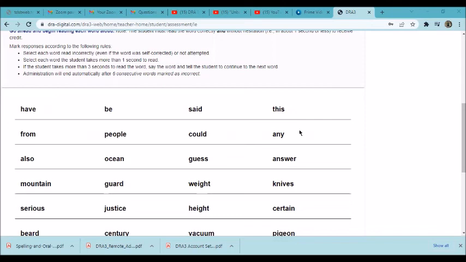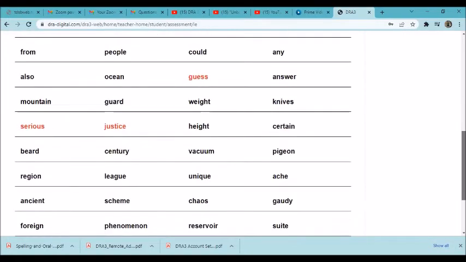We said this from people. Could any also ocean guys answer mountain guard weight knives surface juicy height certain beard certainty vacuum pigeon relation language unique eight attendant